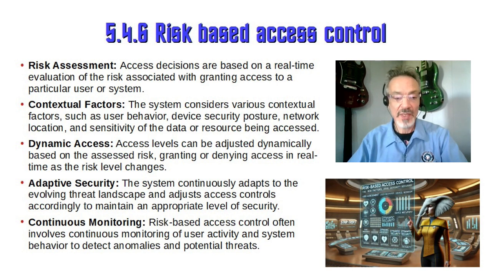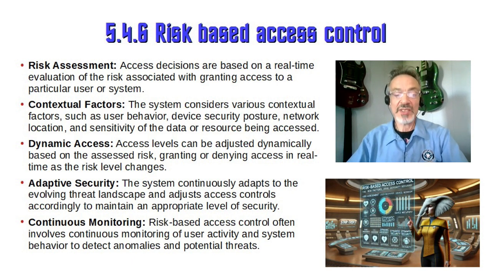For example, if a user is logging in from an unknown location or using an untrusted device, the system might restrict access or require some additional authentication. Dynamic access. This model allows access levels to be dynamically adjusted based on the assessed risk. For instance, a low-risk situation might allow full access, whereas a higher risk situation might limit access or require multi-factor